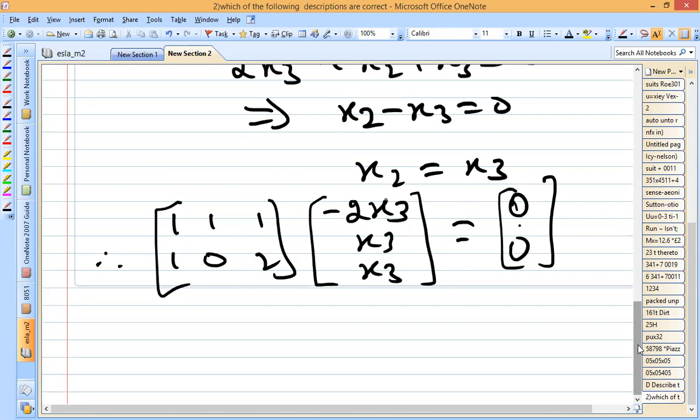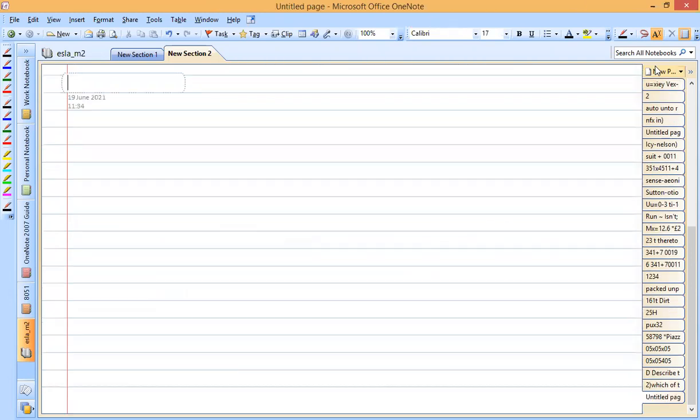So by observing only you can tell it is a null space because on the right hand side you have the value 0. But since it will be asked for 4 or 5 marks, you need to go with all these steps and you have to mention the answer. And next, take on the next one.